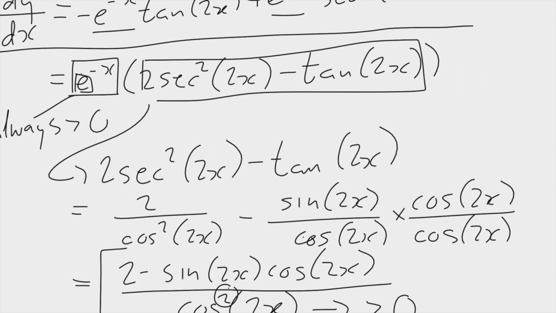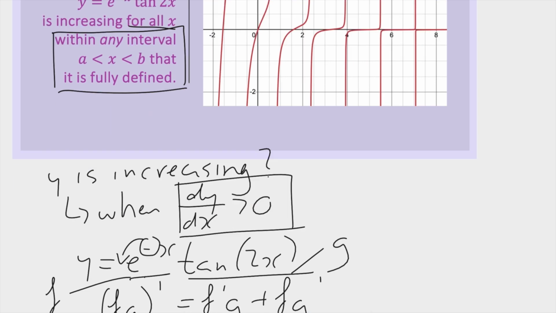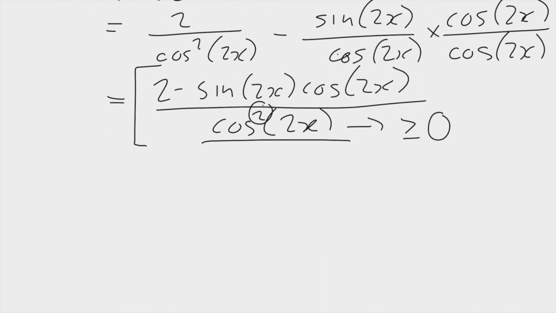However, if we go back up to the initial question, this is where the condition comes into play, because it says within any interval that x is fully defined. So that means we can exclude all intervals which have an x which makes y not defined. Whatever values of x give a y which is not defined, we can just exclude all those x's, which is great. So if we write the original function down again, y equals e to the minus x tan 2x,